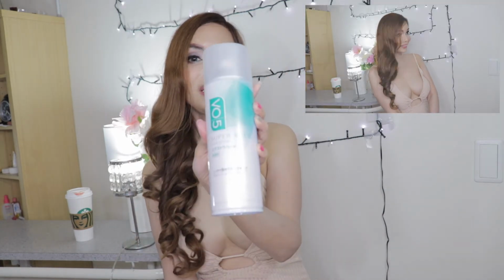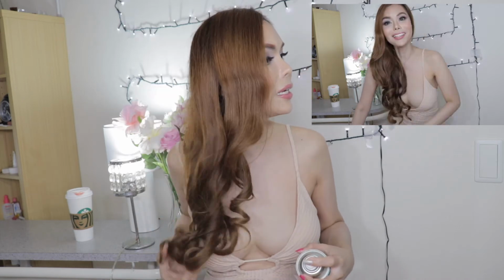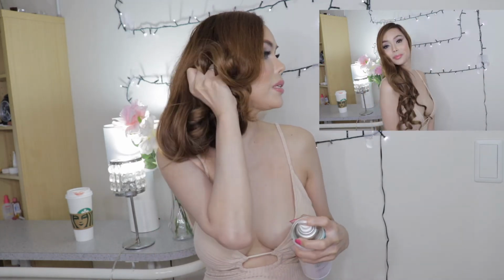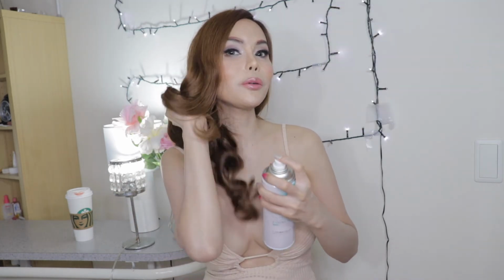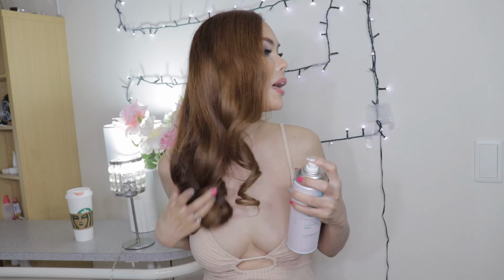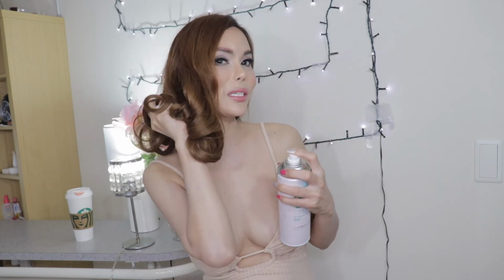So if you want your hair to last longer, use the VO5 hairspray. This is really good. This is from Japan. Just spray it, spreading all over your hair like that. Hold it a second and try to get all the hair up and just squeeze it. It's better to squeeze your hair, like mixing it up a bit and making the spray warm in your hands. So just hold it like that, squeeze it, and